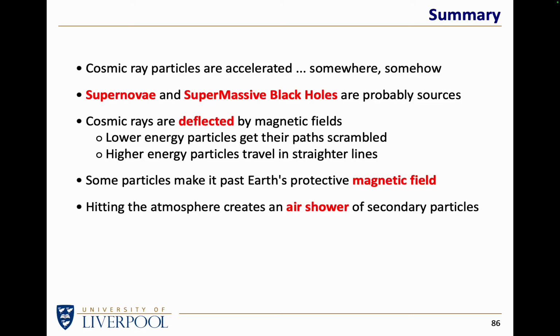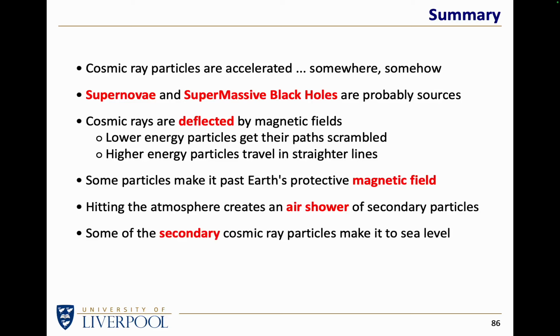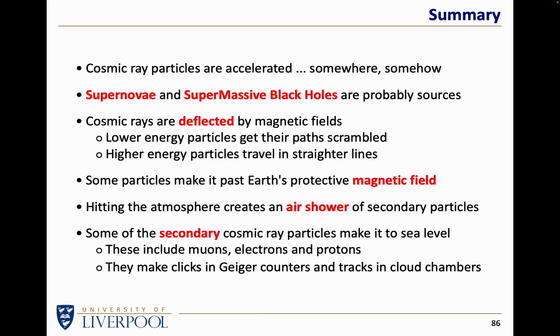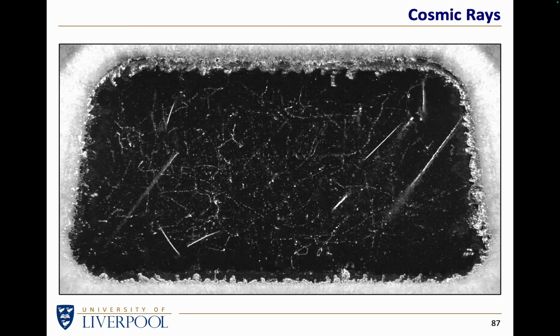What does get through hits the top of the atmosphere and generates an air shower of secondary particles. These secondary particles, quite a few of them, will make it to ground level. There will be muons, there will be electrons, there will be protons, and those secondary particles that make it to ground level will make clicks in Geiger counters and make tracks in cloud chambers. So the clicks we're listening to and the tracks that we were seeing earlier in the cloud chamber could be from supernovae, could be from the jets of supermassive black holes,